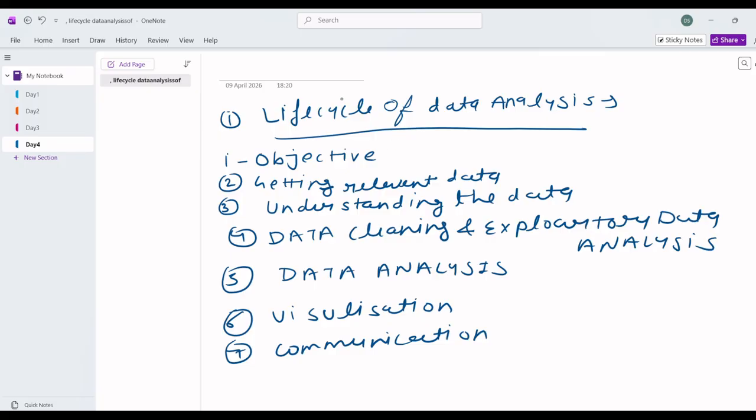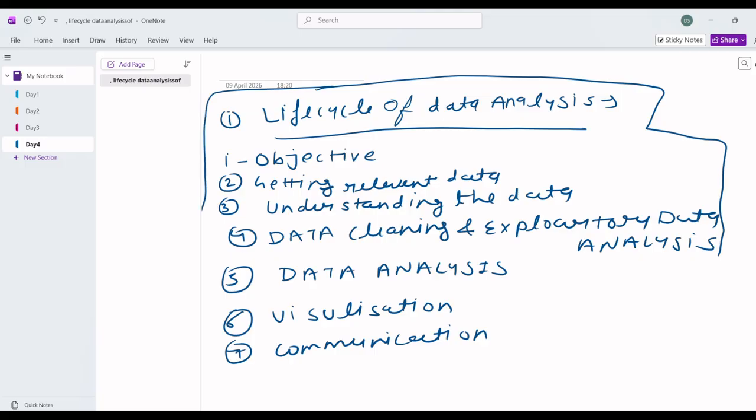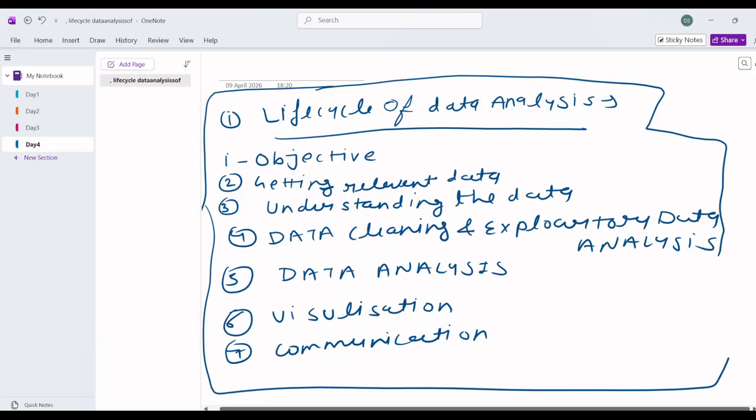In today's session, I will tell you the life cycle of data analysis, which means the steps of the analysis. I have already written here that there are 7 steps of data analysis that we have to do. So, the first step is